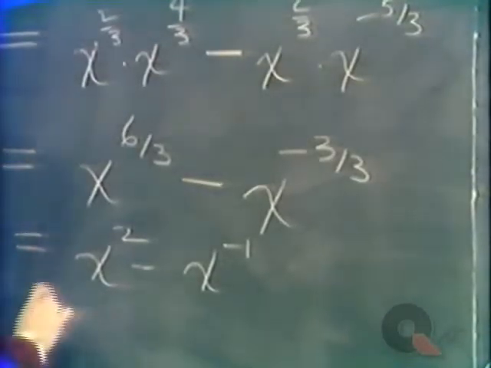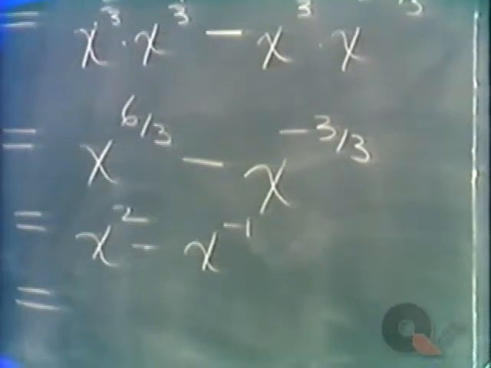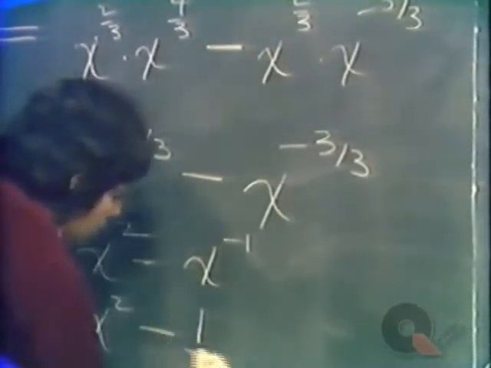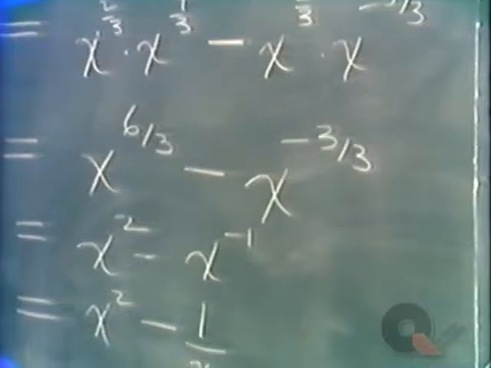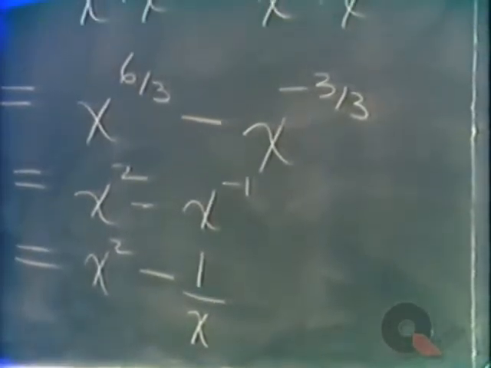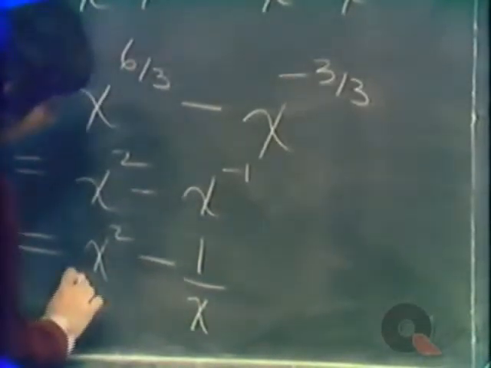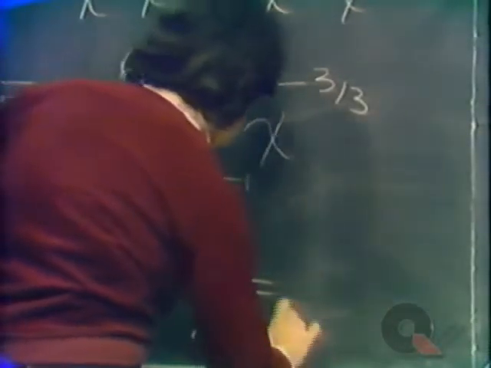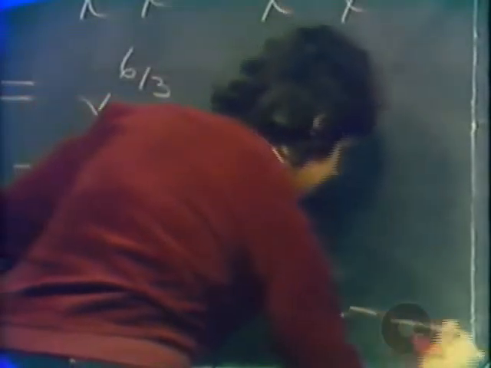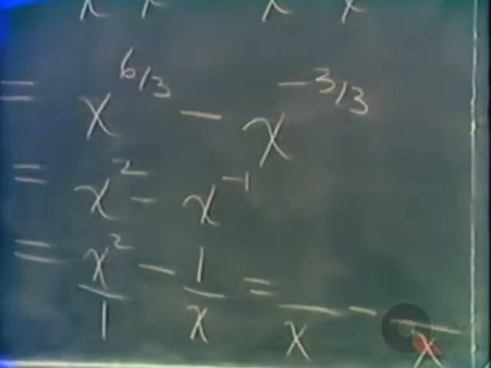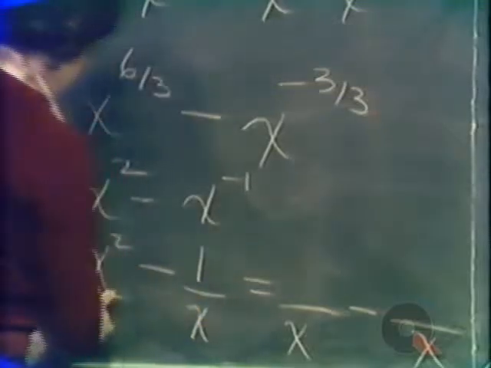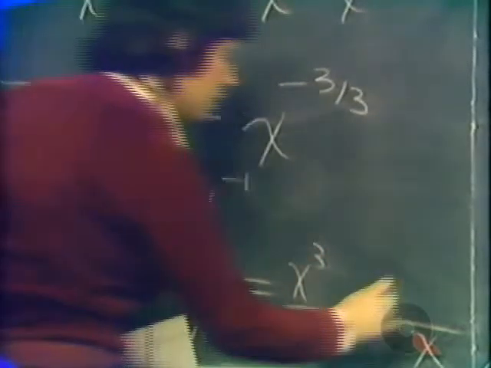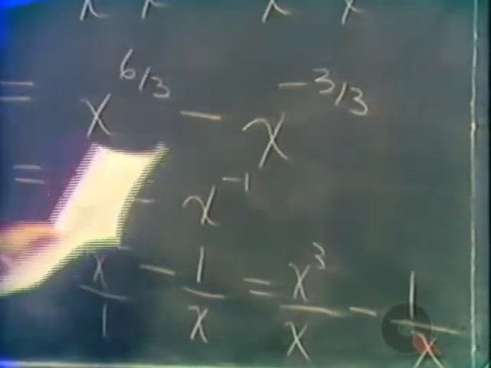And generally we like to leave our answers in terms of positive exponents, so we can say this is x squared minus 1 over x. And if you would further like to combine into a single fraction, we can combine over the LCD, which is x. We can rewrite x squared as x squared over 1 as x cubed over x, and then minus 1 over x, for a final answer of x cubed